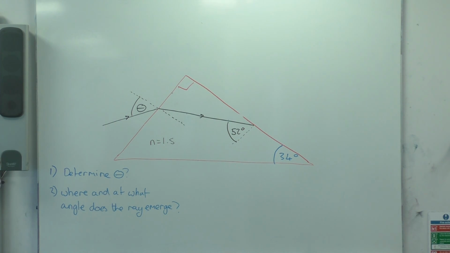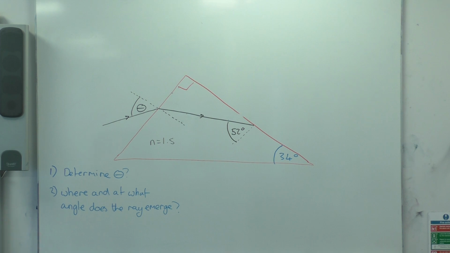Okay, in this video, we're going to talk about this question for the entirety of the video. We've got a right angle triangle outlined in red. That right angle triangle is a block of material with a refractive index of 1.5, as you can see from the diagram. The black ray represents a ray of light that comes into the block and gets refracted and then approaches the second boundary on the other side of the triangle